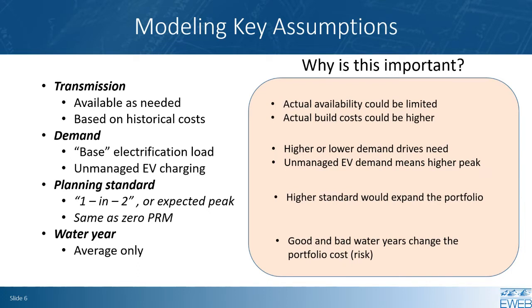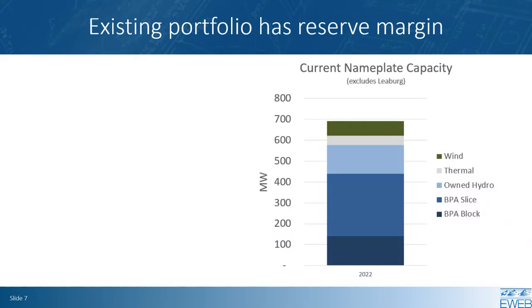Our assumption for the reference case is, again, as in the case of other assumptions, a typical middle of the road water year. What we want to do is be able to stress the results on different water years. And this is part of our planned risk analysis. So we can see as we change the water years from bad water year to better water year, how that changes what resources may make up the pool.